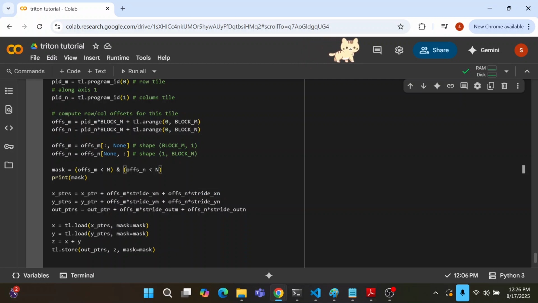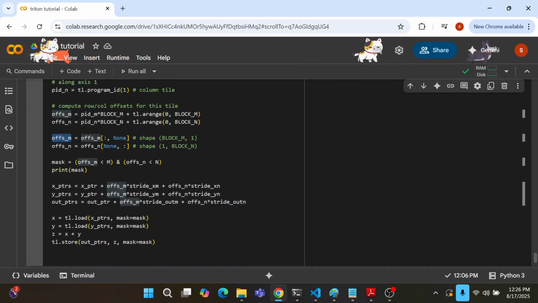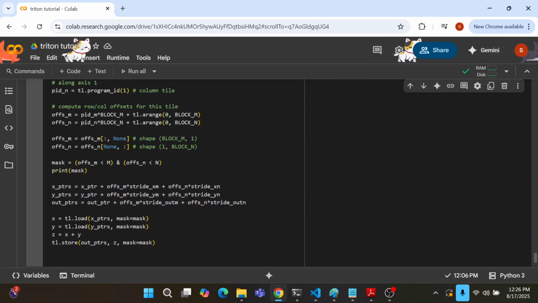So you get the final pointer in global memory for the tile you're trying to modify. Similarly for y, you take the y base pointer and add the offset of m times the stride of y plus the offset of n times the stride of y. This is pointer arithmetic, typically found in pointer-based languages if you've worked with C or things like that.